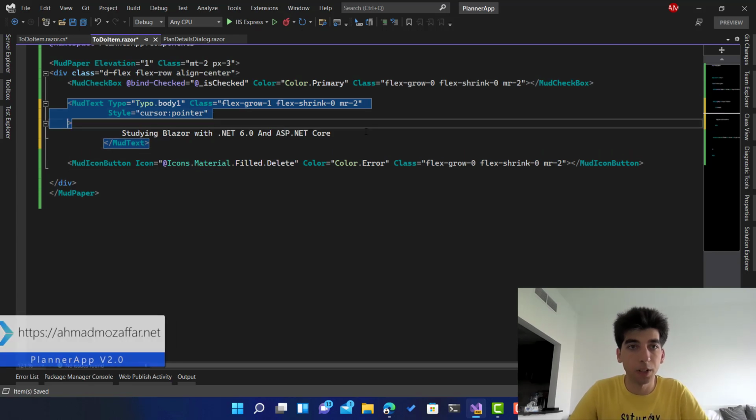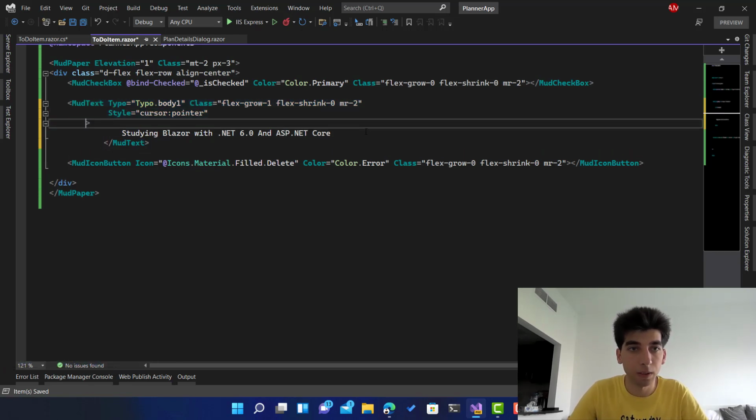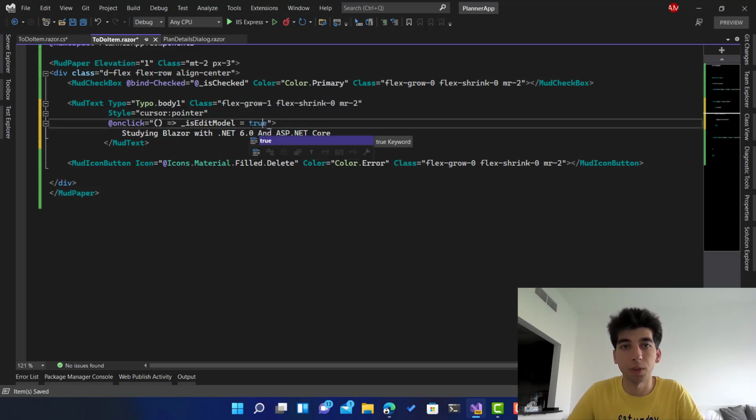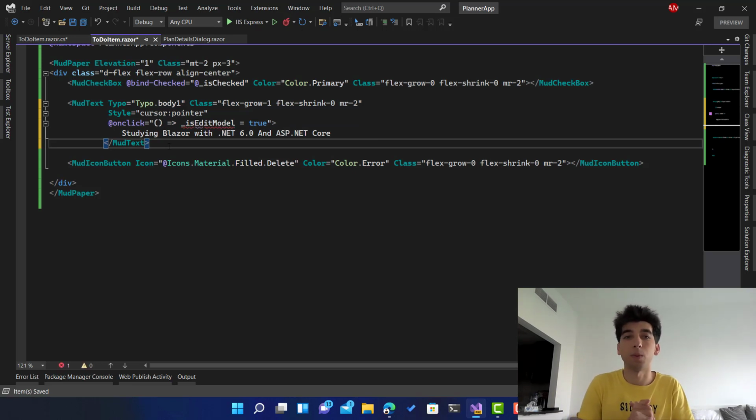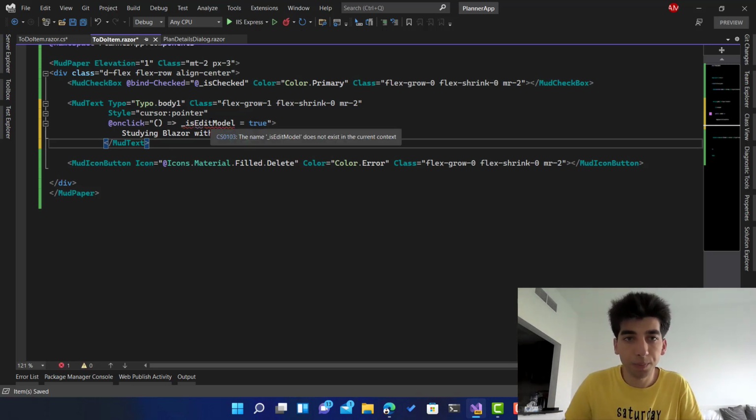Okay, and over here we will add an on click. We will add a lambda expression: is edit mode equals true. So now we are in the edit mode. What we are going to do if the user is in the edit mode is simply,